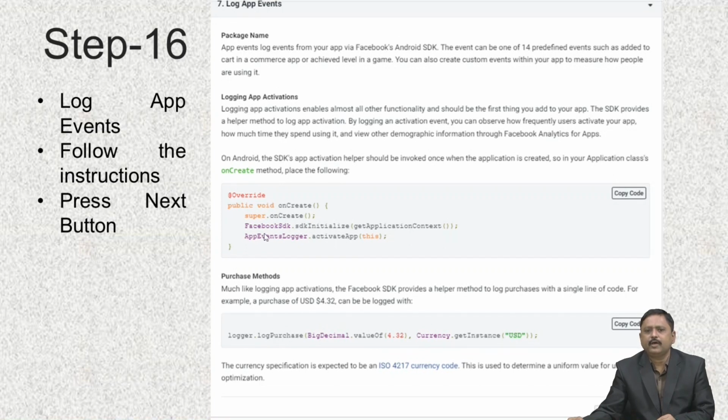You just have to add these two lines inside your onCreate method of activity. So you can just copy these two lines, because onCreate is already provided, and paste them in your onCreate. Then you have to press next.